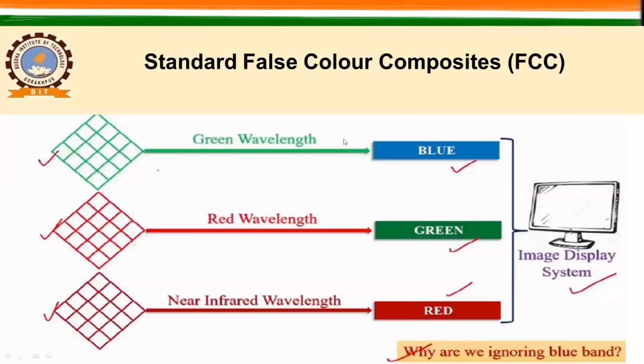We will see that. Now, here I have not included any blue band. Why? Because in the blue band, you have more scattering. So we always try to ignore this blue band if we are not interested in studying some materials which are sensitive or have peak absorption features, right? They are away from the blue band. So in this case, here we are using green, red, and near infrared.